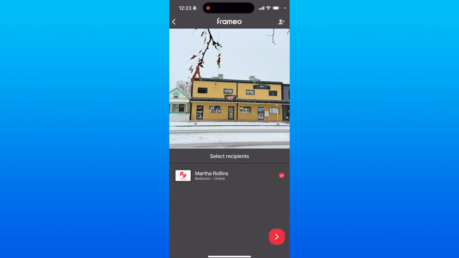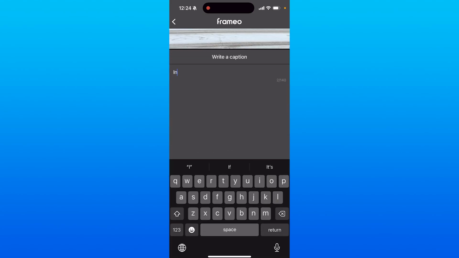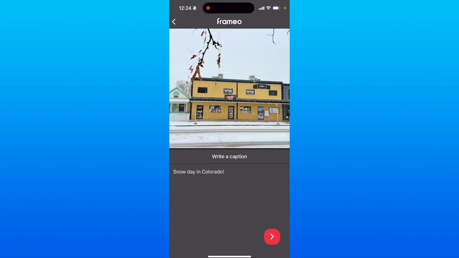And as you can see, you can select any of these frames that you want to add it to. In this case, I'm just checking this box right here. And then you click on this little arrow in the bottom right hand corner of the screen again. And as you can see, we can write a caption to our photo if we want. And once you do that, you just click on the arrow once again in the bottom of the screen, and